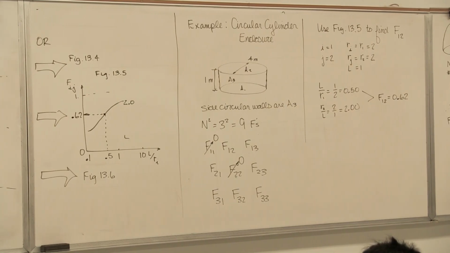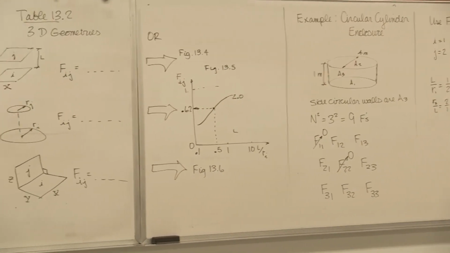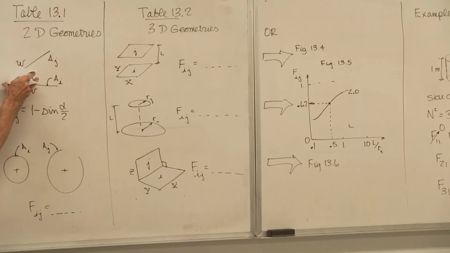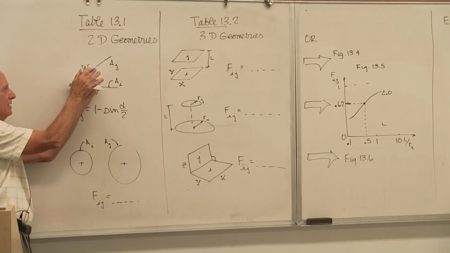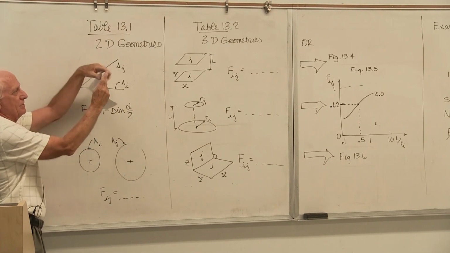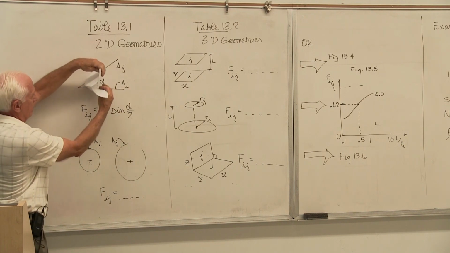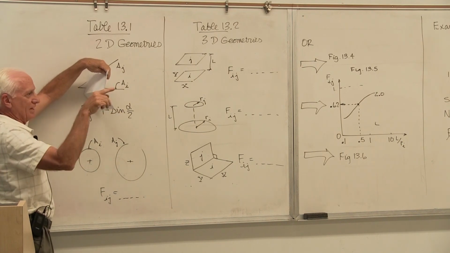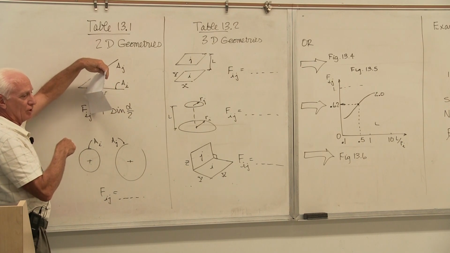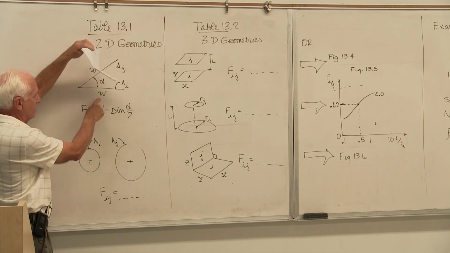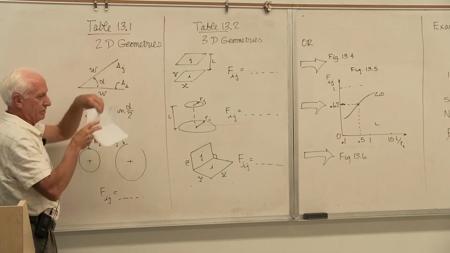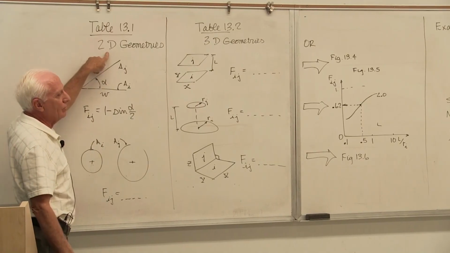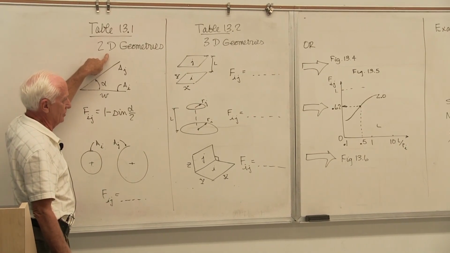Here it is. The bottom surface here is A1, the top surface here is A2, and the angle between them is alpha. The sides are W, W here, W here. How long is it? The answer is, I don't know. It's long, though. It's long compared to W. If it's long, you can say, oh, it's a 2D geometry, but you got to say the word